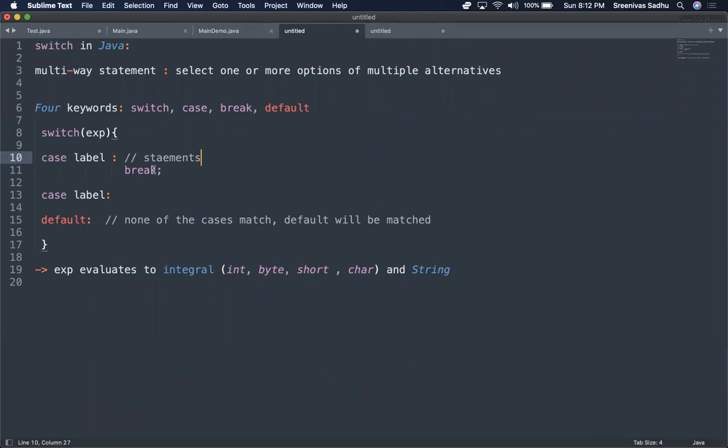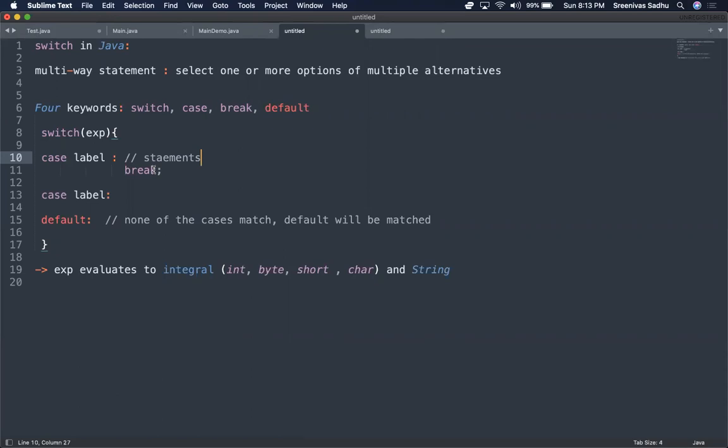A switch is actually a selection statement in any programming language that we have known so far, like C, C++, Java, and so on. So there are two selection statements. One is if, the second one is switch. If is a two-way statement. That means there are only two ways, one is true, another is false. That means the if expression always evaluates to a Boolean; it may be the true block that gets executed, else the false block gets executed.